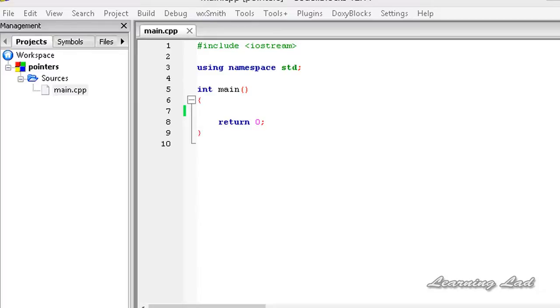So in this tutorial we're going to learn something about pointers in C++. So what is a pointer? A pointer is a variable which contains the address of memory. In the last tutorial we learned about the address-of operator, which is used to get the address where a variable is stored, and in this tutorial we're going to be creating pointers which are going to